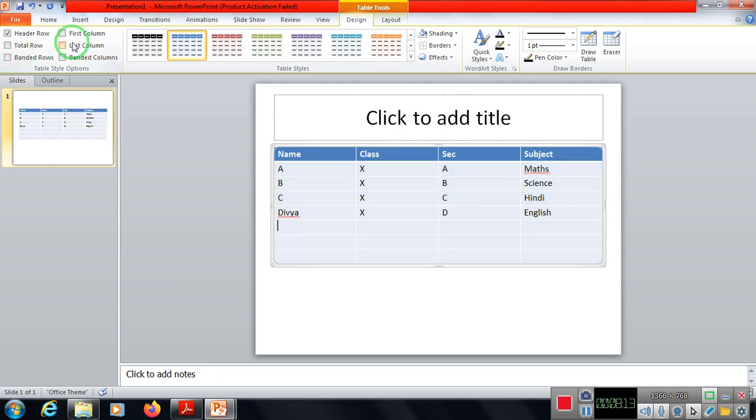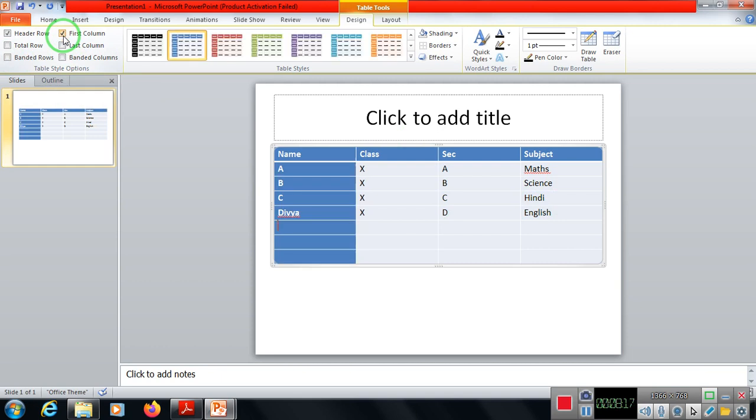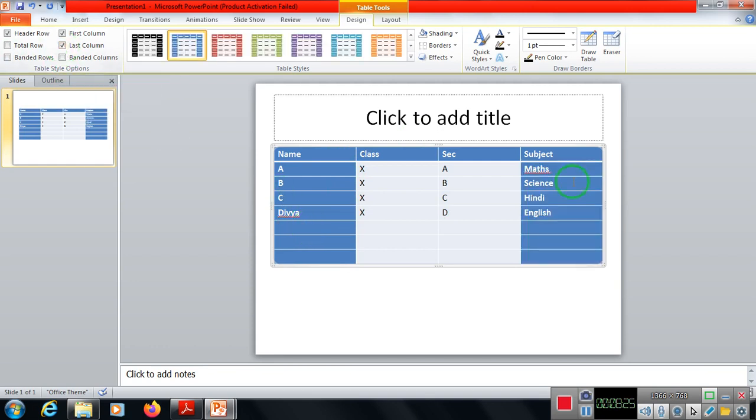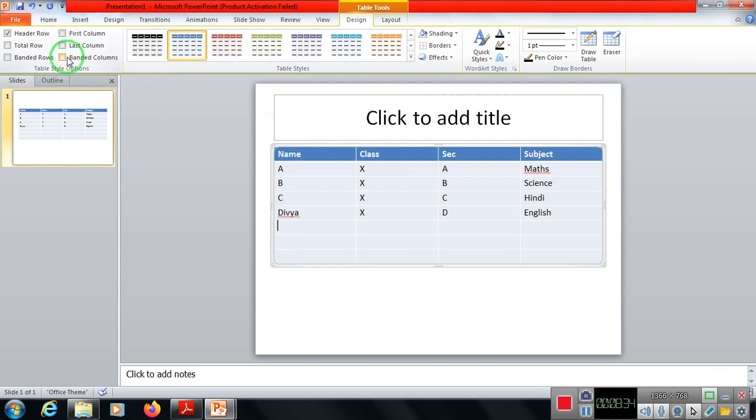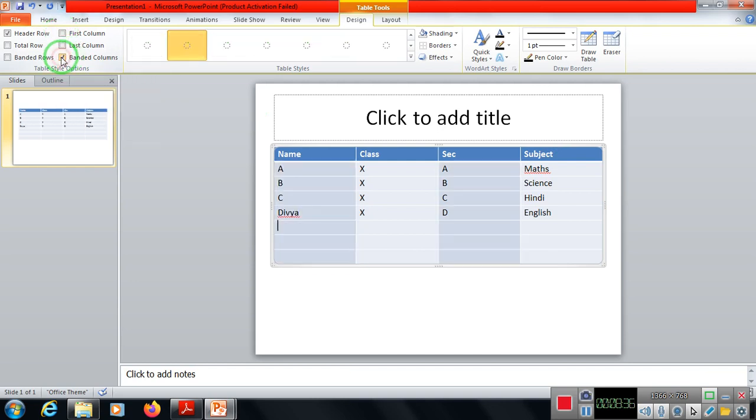Now next I'm just going to the first column. That means my first column should appear in a different way. Similarly, if suppose I require the last column also, we can use a last column also in a different way. Okay, so first column and last column. And then the thing is the banded columns. If suppose we require banded columns, now just check it out.